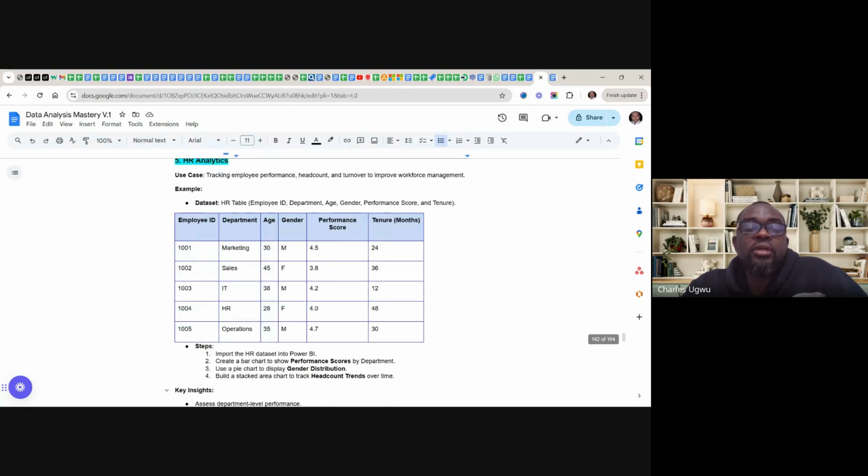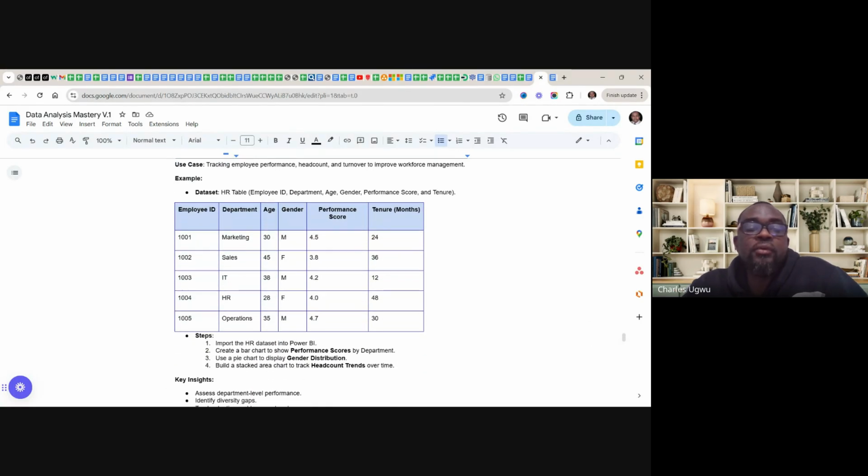In this kind of table, we import it into Power BI, create bar charts to show performance score by department, use a pie chart to display gender distribution, and build stacked area charts to track headcount trend over time.